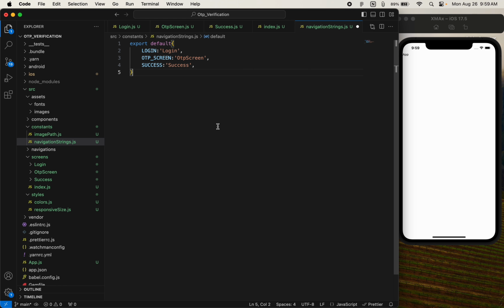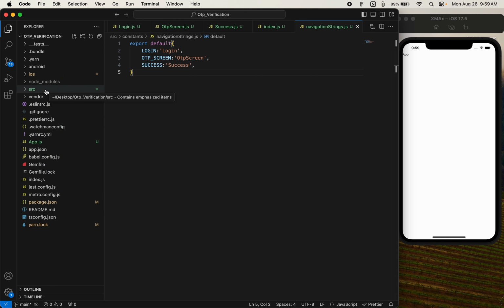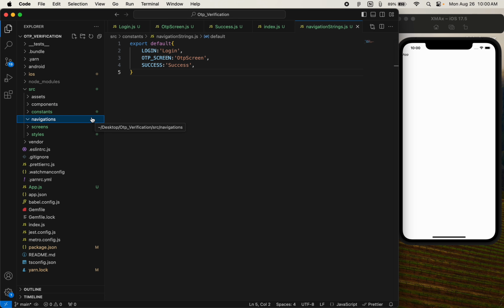So I create a strings file for my screens also. Just save it. Now I need to create the auth stack and main stack also. So now I need to set up my React Native navigation library. For that I am creating the auth stack first,